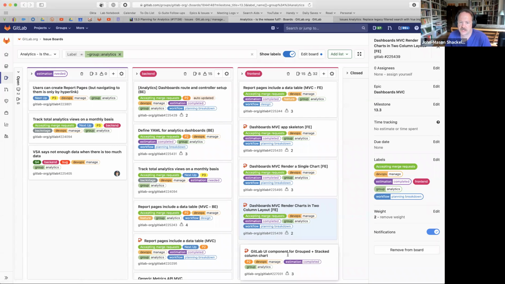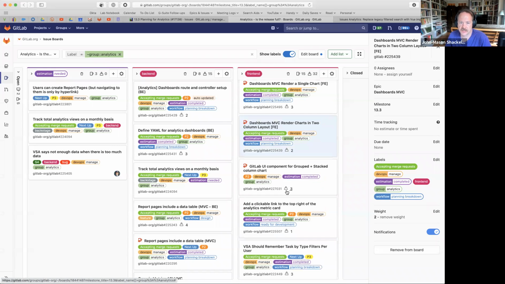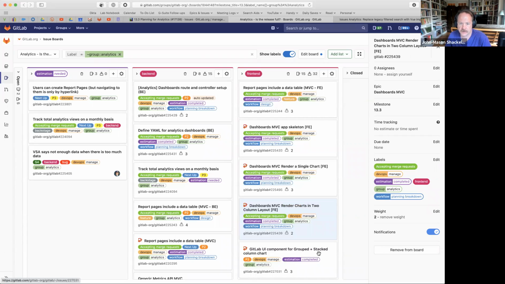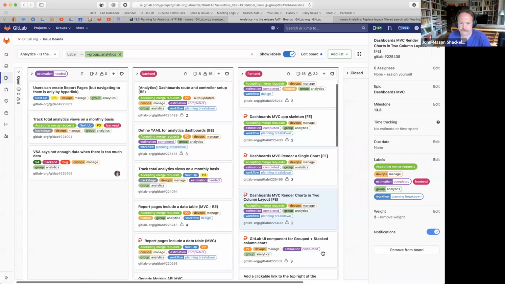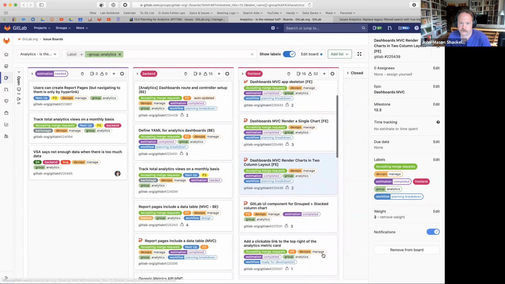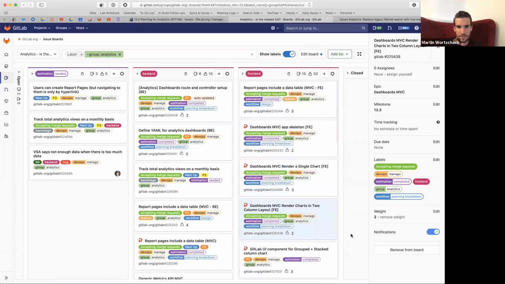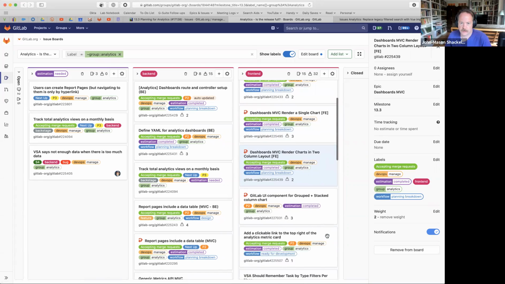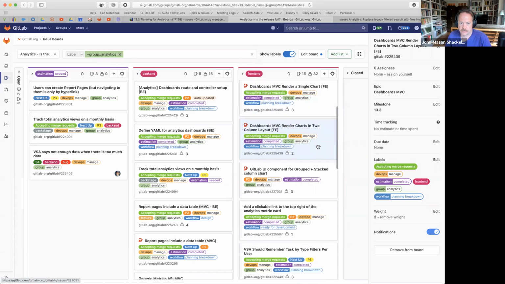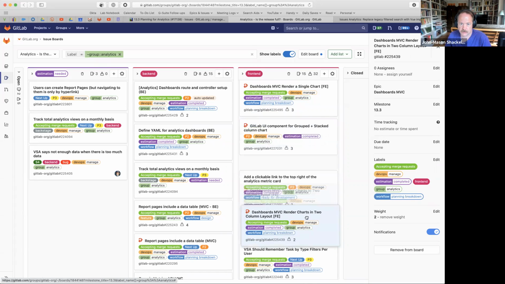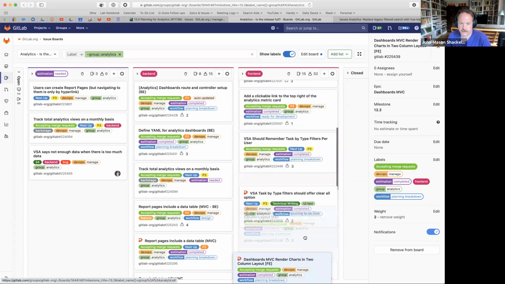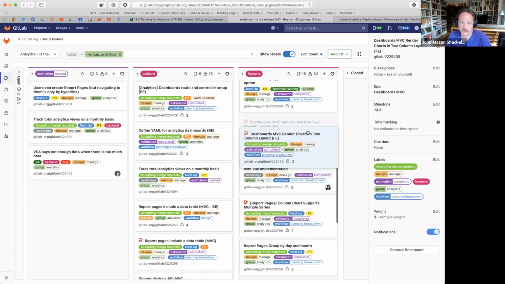This one is just a UI component, so it can stand on its own. Well, I guess we could lose the two chart layout and come back to that and just have it start with a single chart. It's kind of weird, but